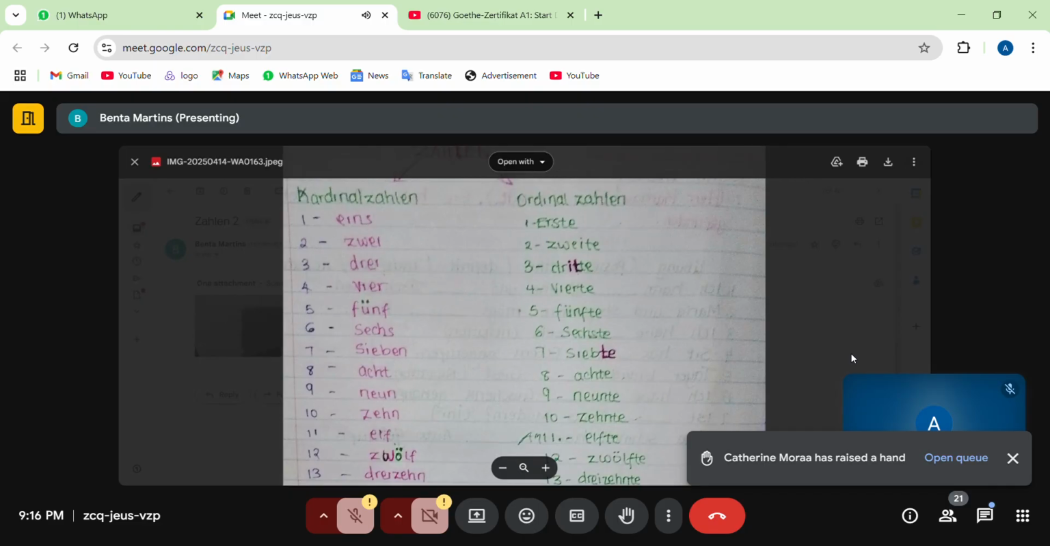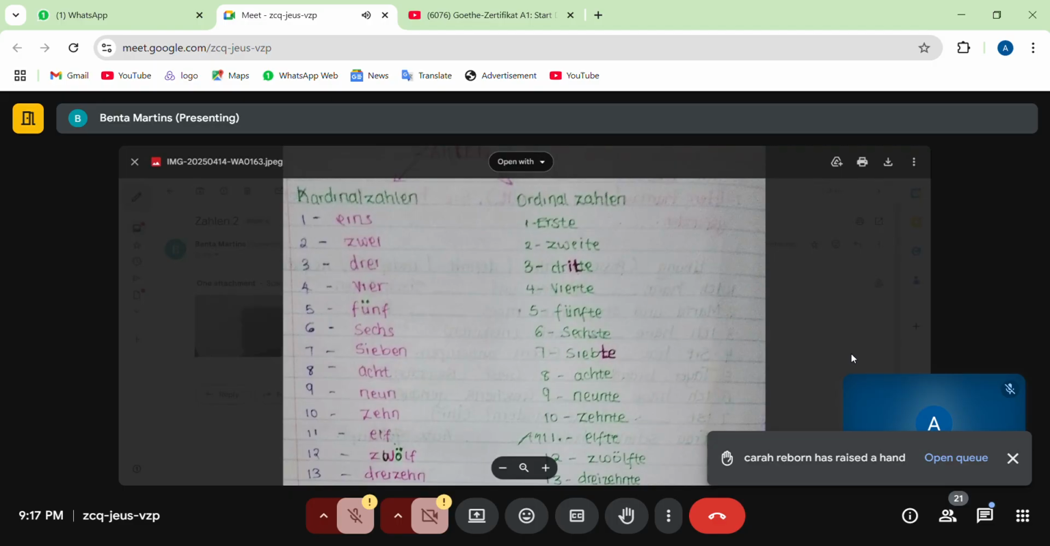Sechste. I want to continue. Do up to number 10. Sechste, siebte, achte, neunte, zehnte. Good. So we have erste, zweite, dritte. Okay, that's dritte. Then vierte, fünfte,